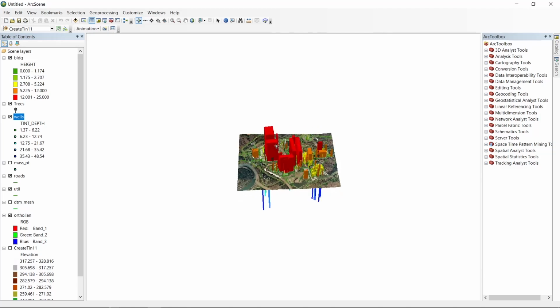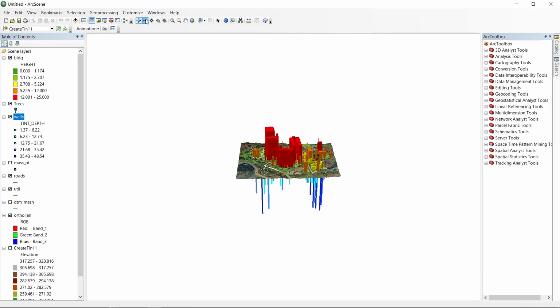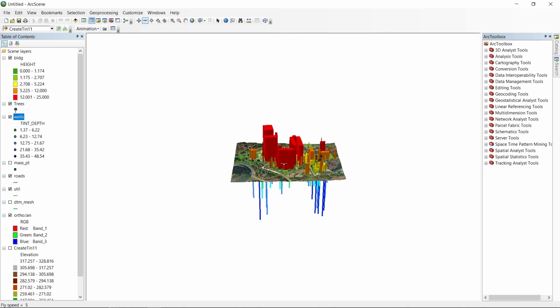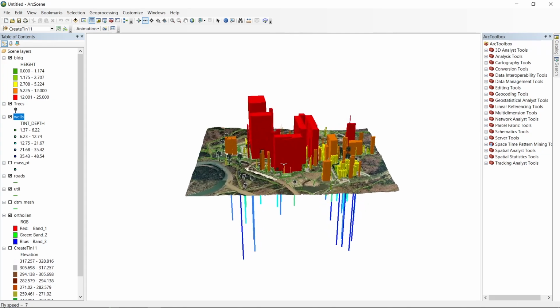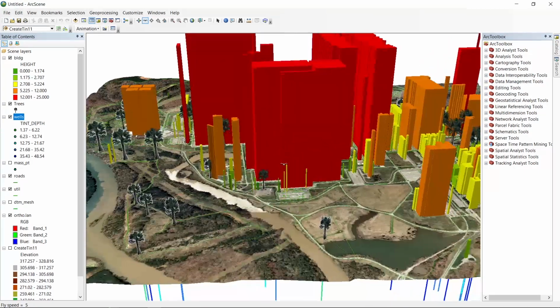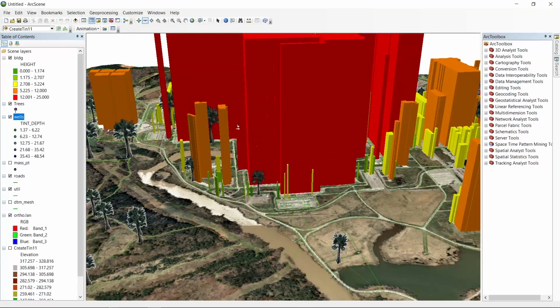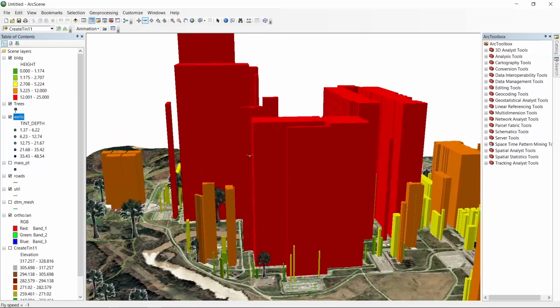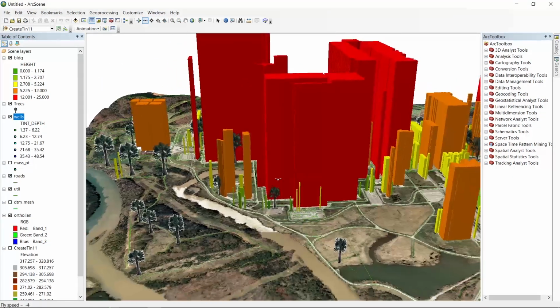So see, using this fly option, if you click once, it will go slowly, right? When you click more, it will speed up. If you right click with this, it will fly back.